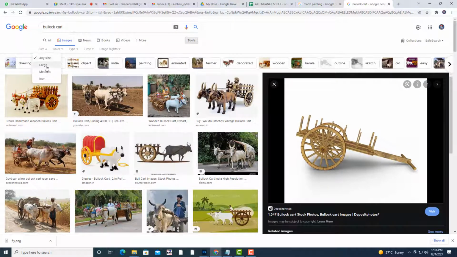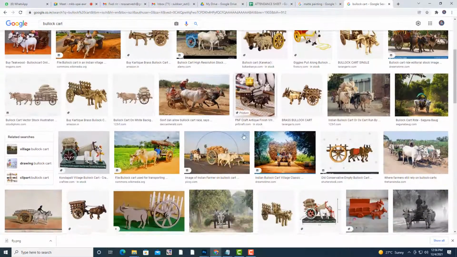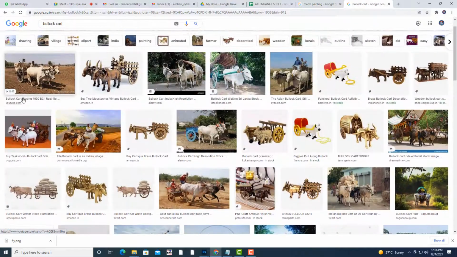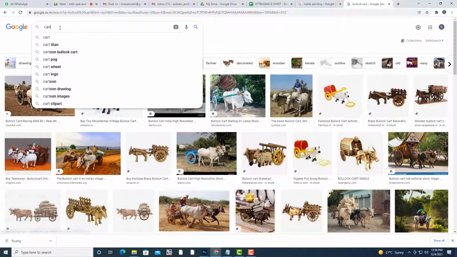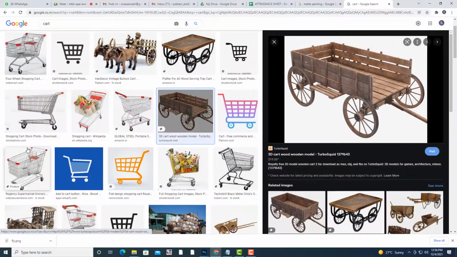Let me check. So here all bulls are there, because cart is not there. So if we type cart, let us see what it shows. We can take this one also. Okay. This is correct.